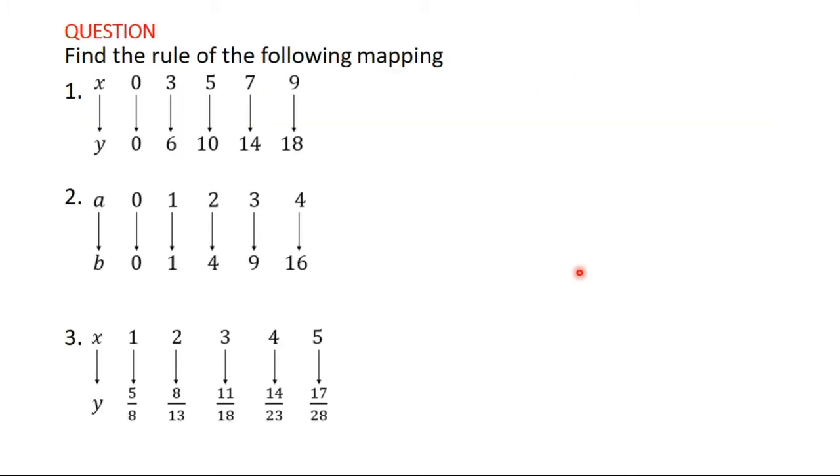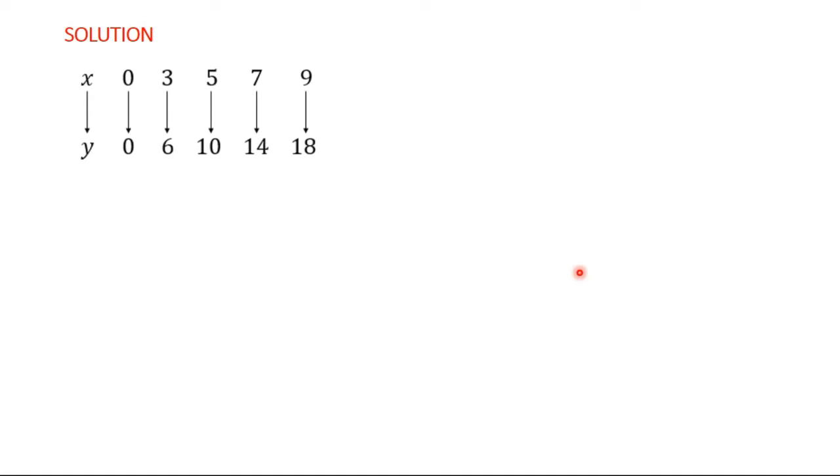Find the rule of the following mapping. So let's pick the first one. This was the example that we were considering in the previous video. We are certain that it is neither linear nor exponential. Once again, when the question is given to you to find a rule, they are not going to tell you